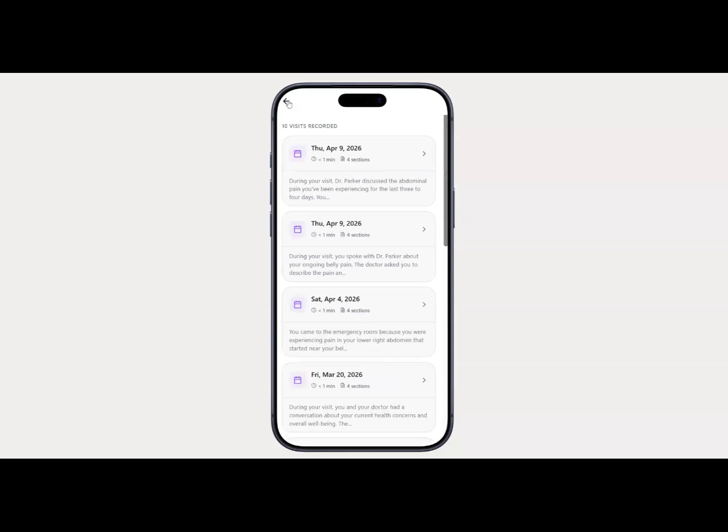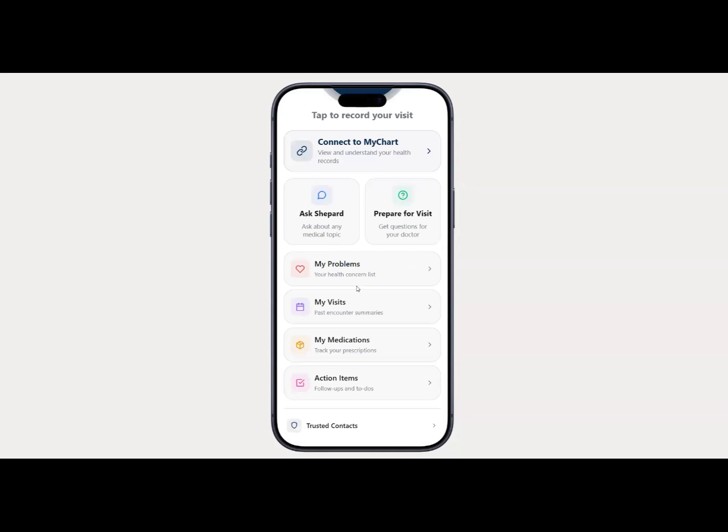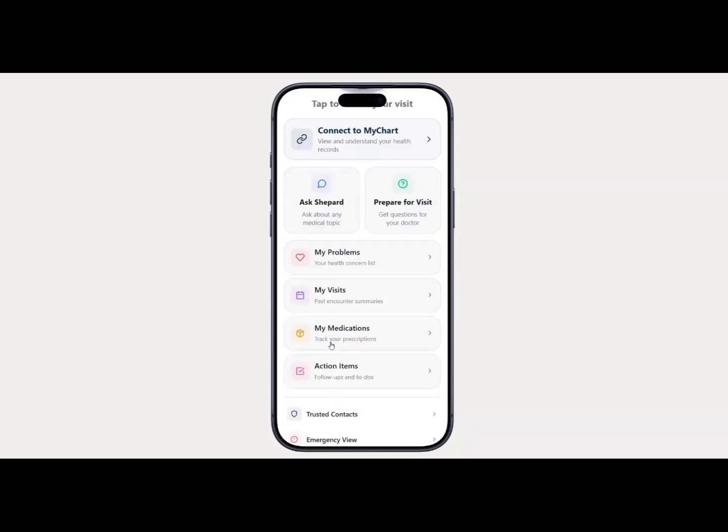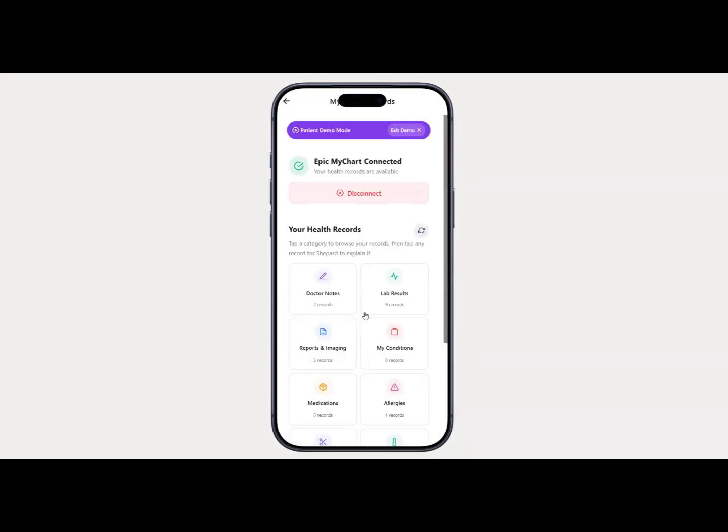And these are all geared towards the patient and not the doctor, because patients get their visit notes or their x-rays and stuff. What do they do? They call me, my friends, and they're like, hey, can you read this x-ray? Can you read this CAT scan? What does this MRI mean? So to that point, Shepard also, I've got to put the demo on. Is that correct? Yeah. Okay,